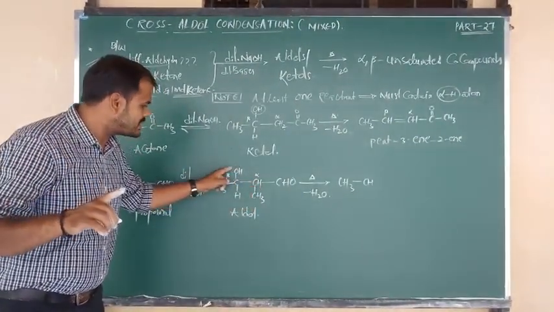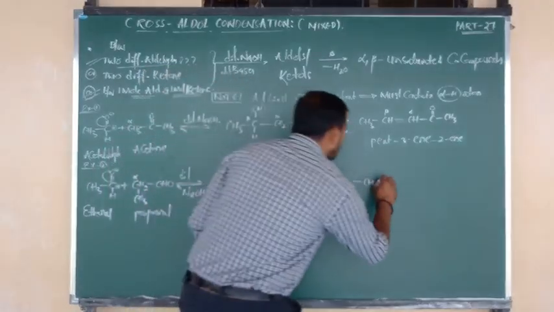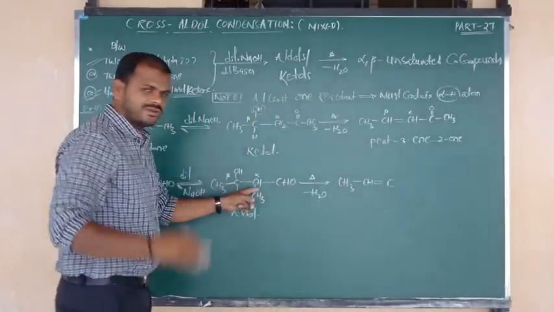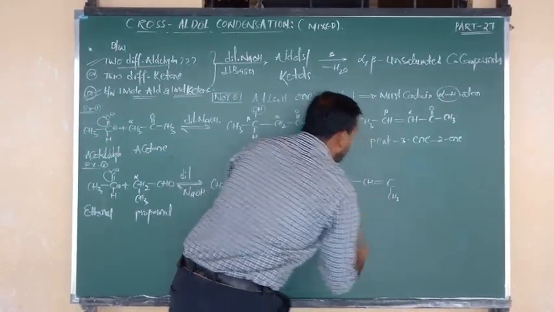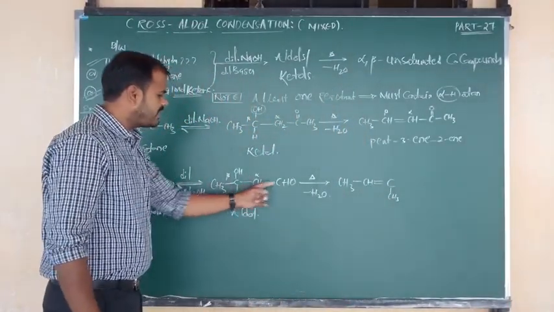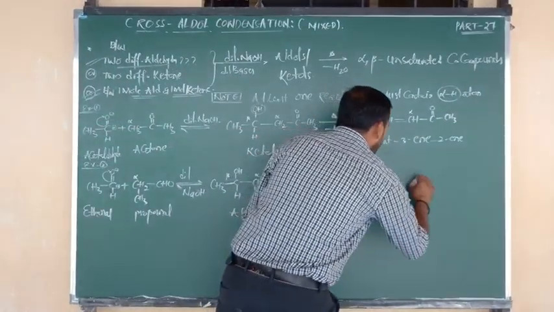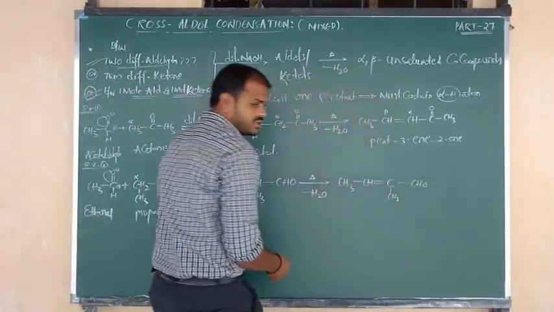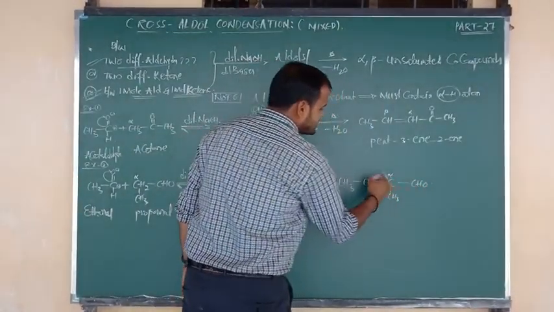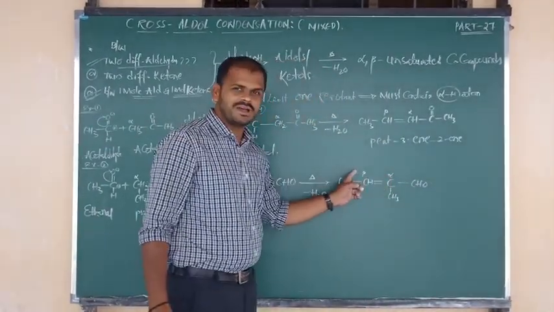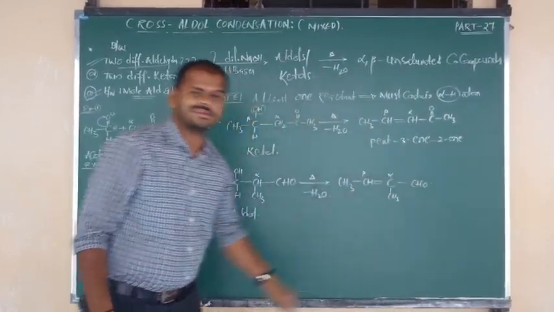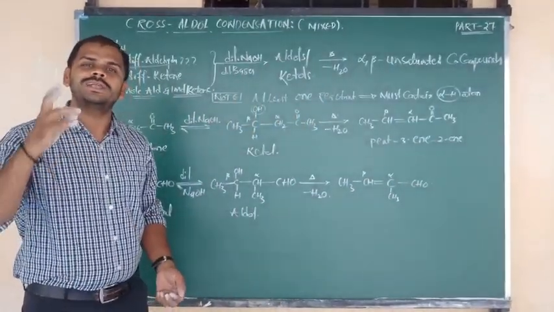So after removal of H and OH, the single bond becomes a double bond. This hydrogen was removed. But below the plane the group is there, the group is nothing but a CH3 group, and it is connected to the functional group, which remains the same, that is the CHO. Functional group adjacent is alpha, alpha adjacent is beta. So we can say alpha beta unsaturated aldehyde.